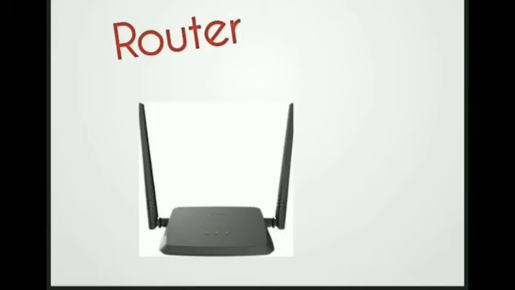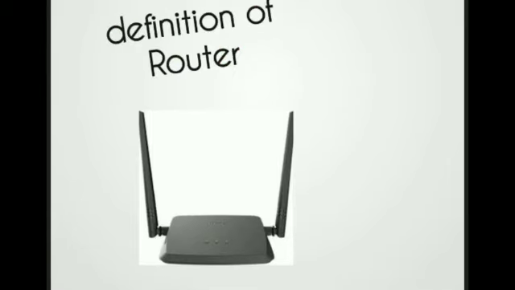Here I want to give you an introduction to a router, how a router works, and the uses of a router. Let's see one by one. See the definition of a router. A router is a networking device that forwards data packets. Forwarding means delivering the data in the form of packets. So here data is transferred to another PC in the form of packets.